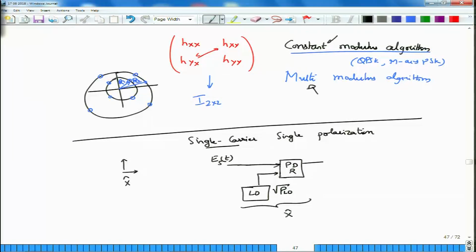Okay. And this could be, as I told you, a QPSK system, it could be simple on-off keying, although not quite popular today. It could also be a 16 QAM system or a 64 QAM system. So, these are higher and higher order modulations, and any of these modulated signals would have traveled through the fiber and reached here. You have a polarization diversity receiver which produces the in-phase component and the quadrature component, which you are going to combine into one complex sample by using an ADC.